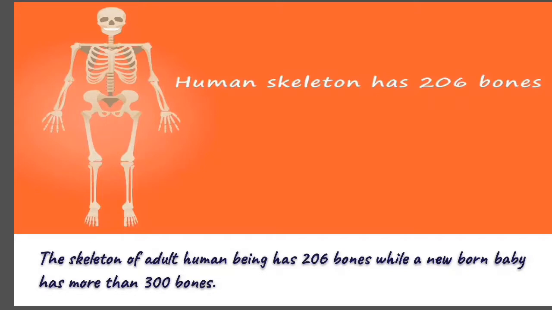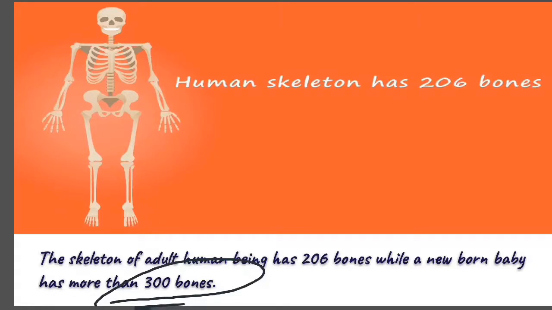But if we talk about a newborn baby, a newborn baby has approximately 300 bones. It has more than 300 bones. So why is this number getting reduced? The number getting reduced means the bones are reducing. So what is happening? Are we taking these bones out of our body, or are they getting dissolved inside our body? No, they are not going anywhere else, they are there inside our body.